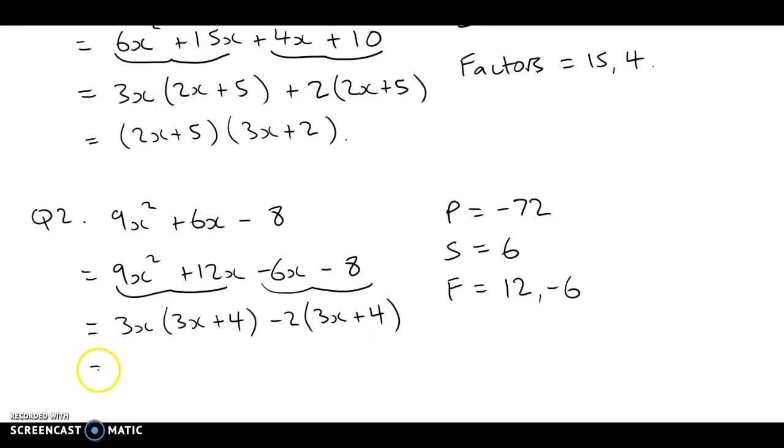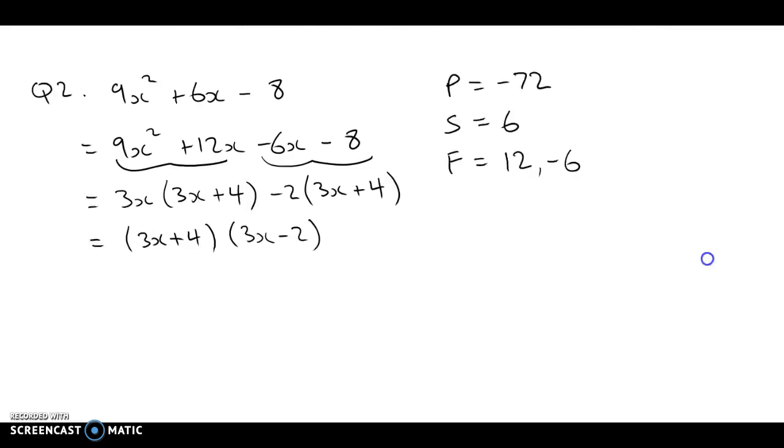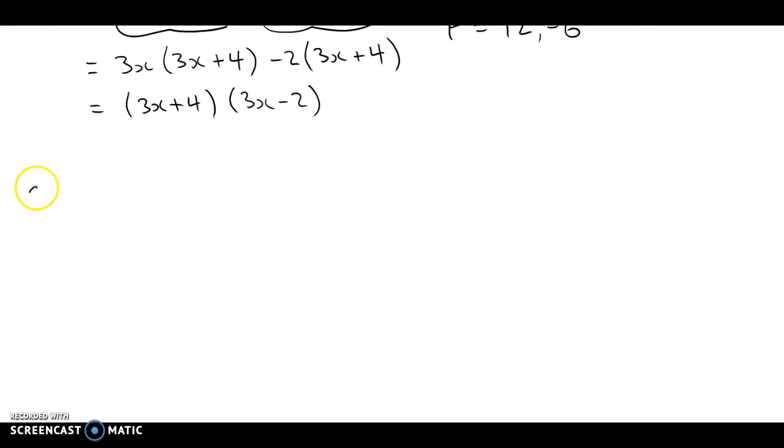And our final step, 3x plus 4, that's the common factor. And then in the next bracket, 3x minus 2. If you want to check it, 3x times 3x gives us 9x squared minus 6x plus 12x will give us plus 6x, and then 4 times minus 2 will give us the minus 8. Let's have a go at one more question that's a bit more